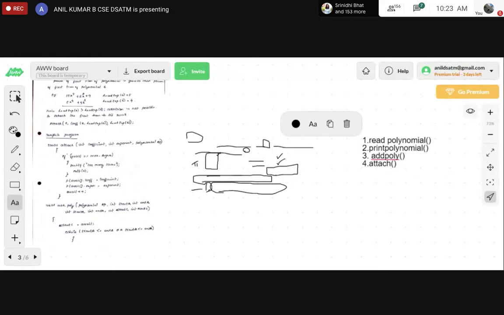What else is required? Attach, add, read, and print. These are the four different functions that we are going to use for performing addition of two polynomials. So now I want the read polynomial function to be written. How to write a read polynomial function?